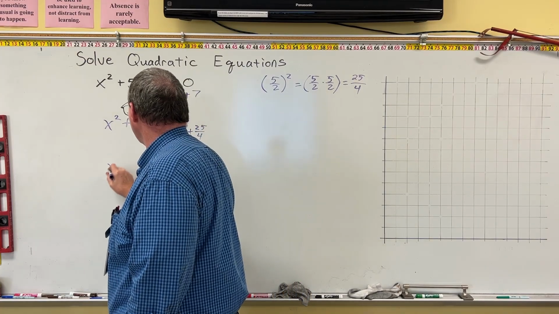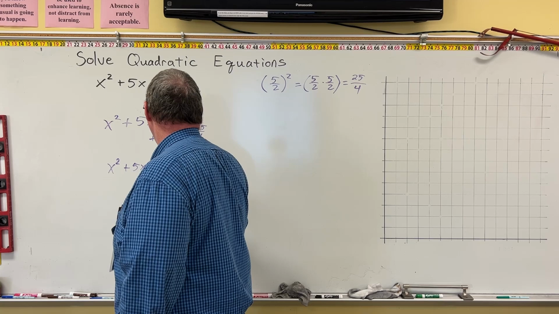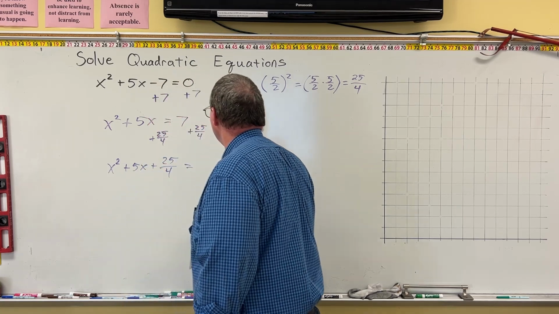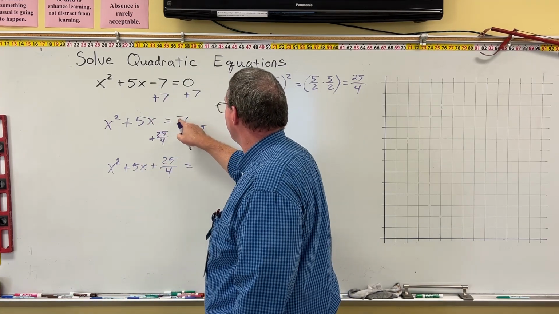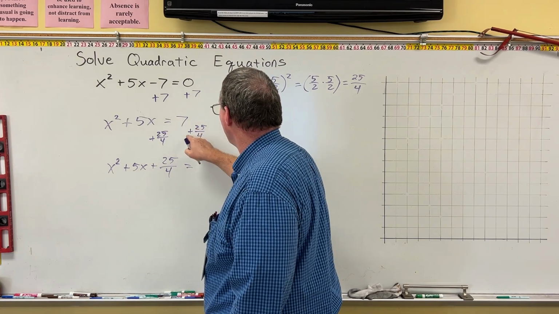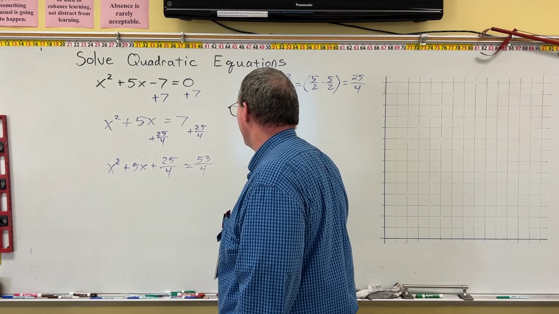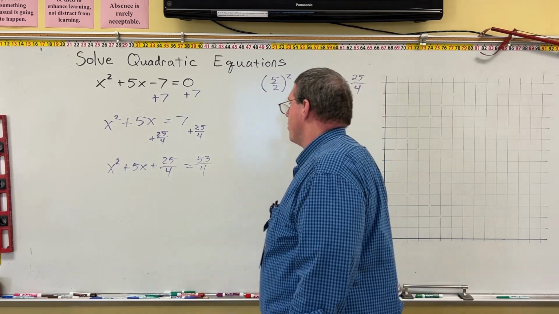So now I have x squared plus 5x plus 25 over 4 is equal to. Now in order to add this, I want to turn 7 into 28 over 4. So 28 over 4 plus 25 over 4 is 53 over 4. Okay? And so now,